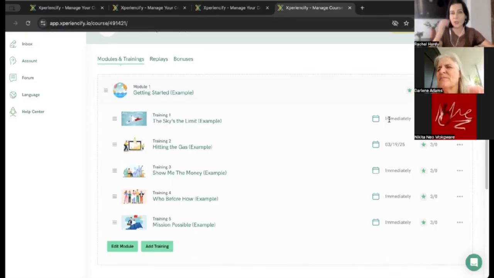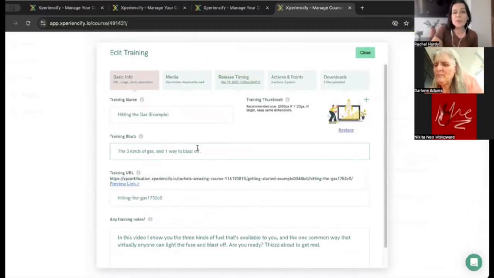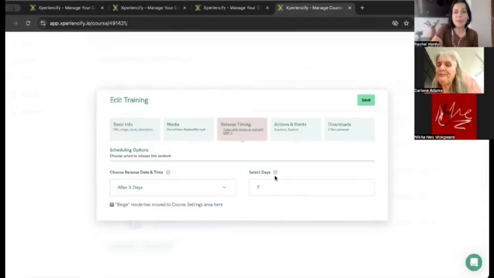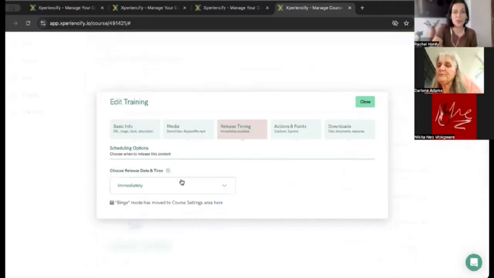There's nothing for binge mode to do in that case because the student already has all of their trainings if they are on immediately released. So if you want to unlock them based on training, you're not going to use immediately, except for most likely the first one. And then all of the rest of your trainings will need a future release date. And that might be dates that you're releasing them. If it's a date-based cohort, it might be after X days. So the second training is released 1 day after the student joins the course,